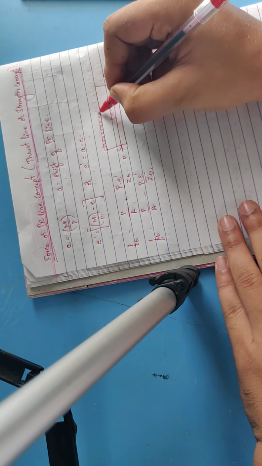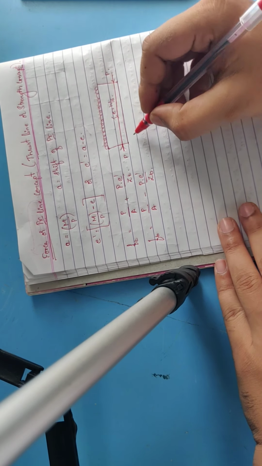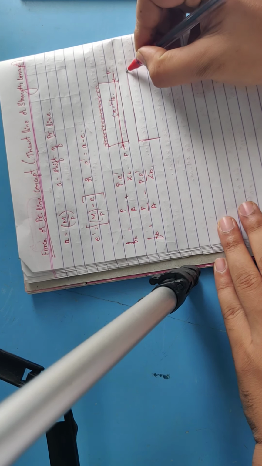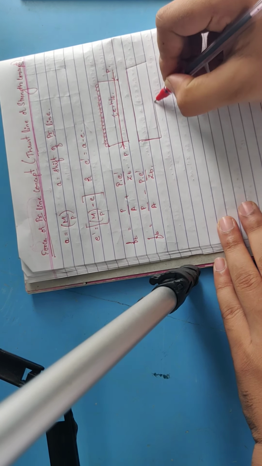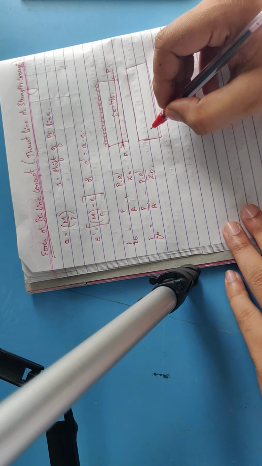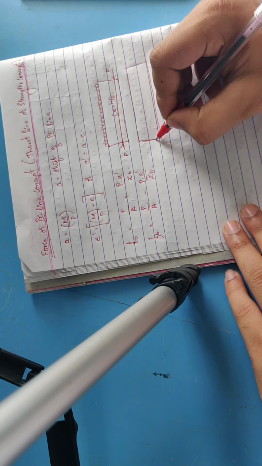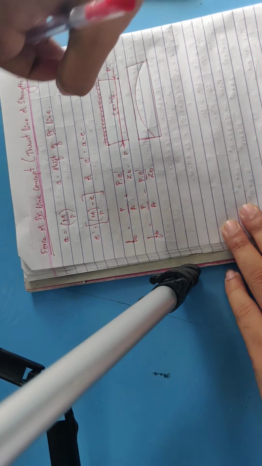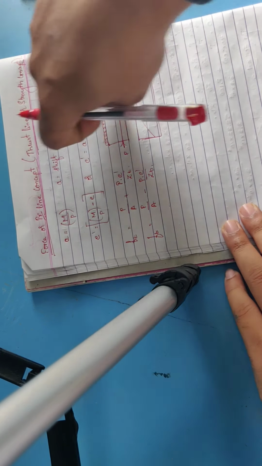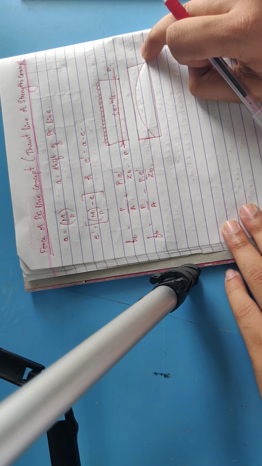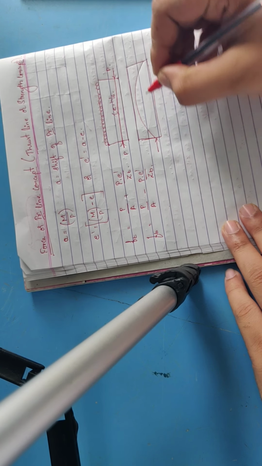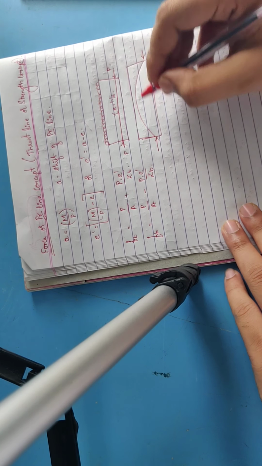Suppose there is an imposed load or a live load. Due to the imposed load and pressure, there will be a shift of the pressure line. It will shift like this. The load will be acting downwards and there will be a counteracting pressure. Due to this there will be a shift of the pressure line.